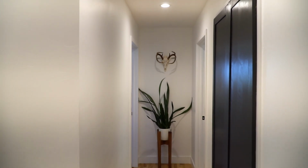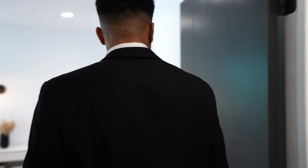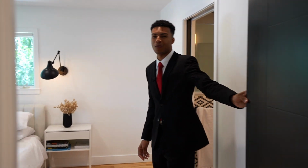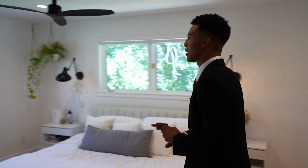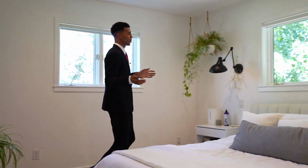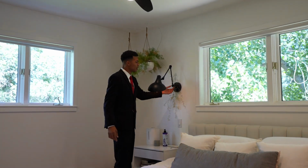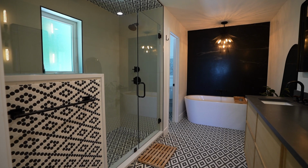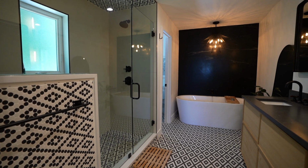Coming this way, we walk down this hallway. We're gonna go into the master bedroom. All of the doors have been done to have this charcoal look, and I really love how it brought together, because a lot of homes have white doors, but they really made it work. Coming in, you have got obviously beautiful furniture, nicely staged. This right here, the vintage lights, again with the exposed lighting, phenomenal every single time they do it throughout the home. You can see it here again, and the master bathroom, where they come together with the wooden handles in